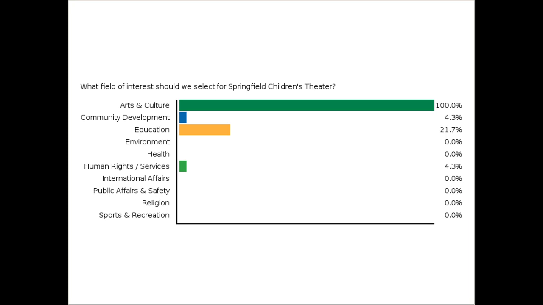Right, so we have arts and culture as the overwhelming response, which makes sense as a theater program. But we also have education, which makes sense. There's education elements to the programming that Springfield Children's Theater applies. So that's something that's definitely a stone we would want to turn over, see if there's any alignment with